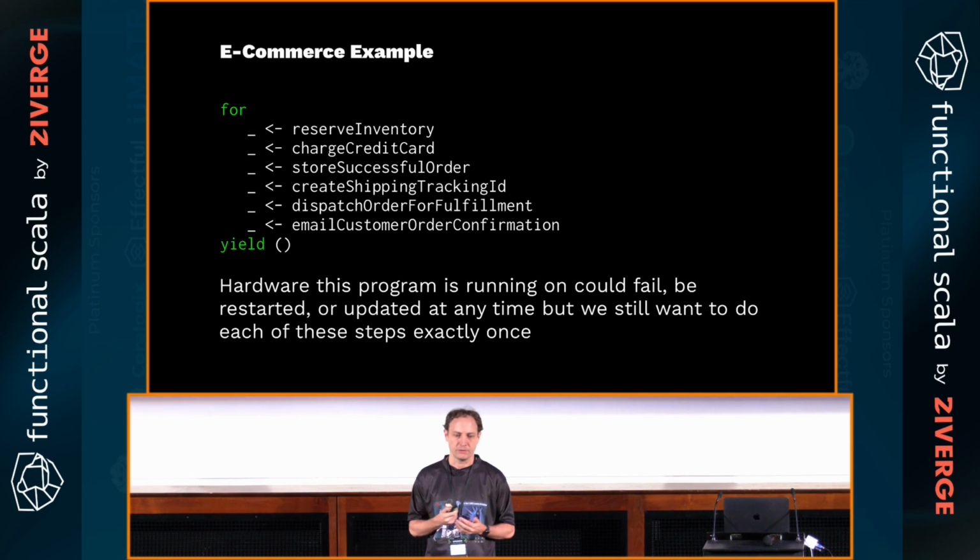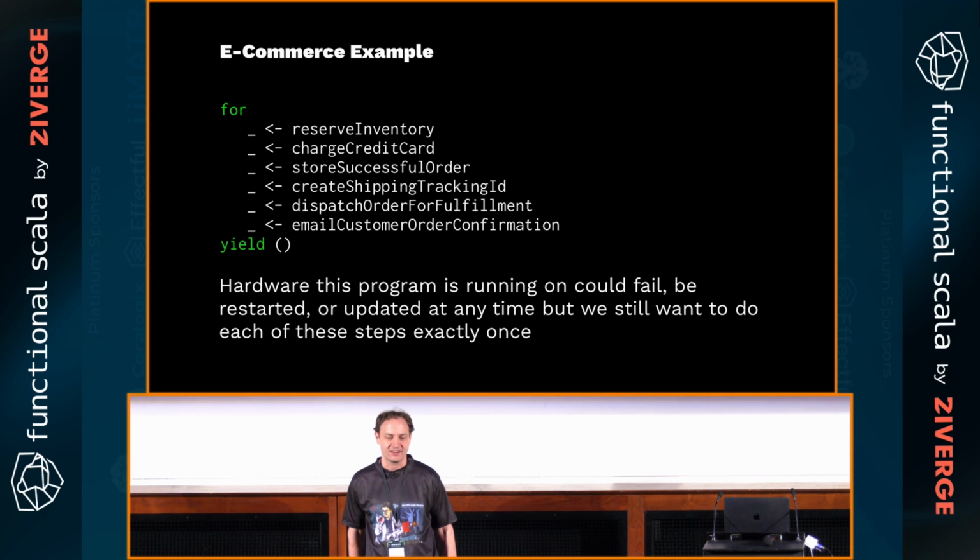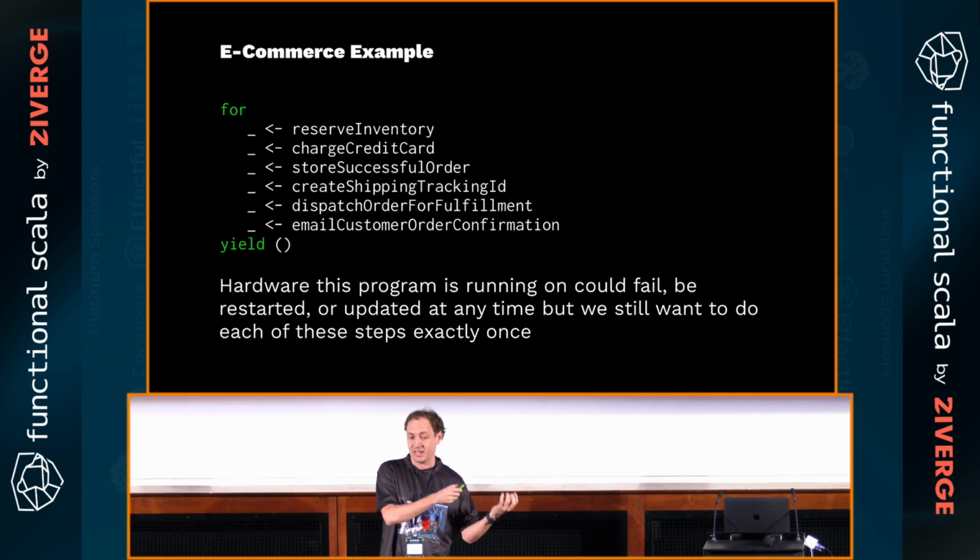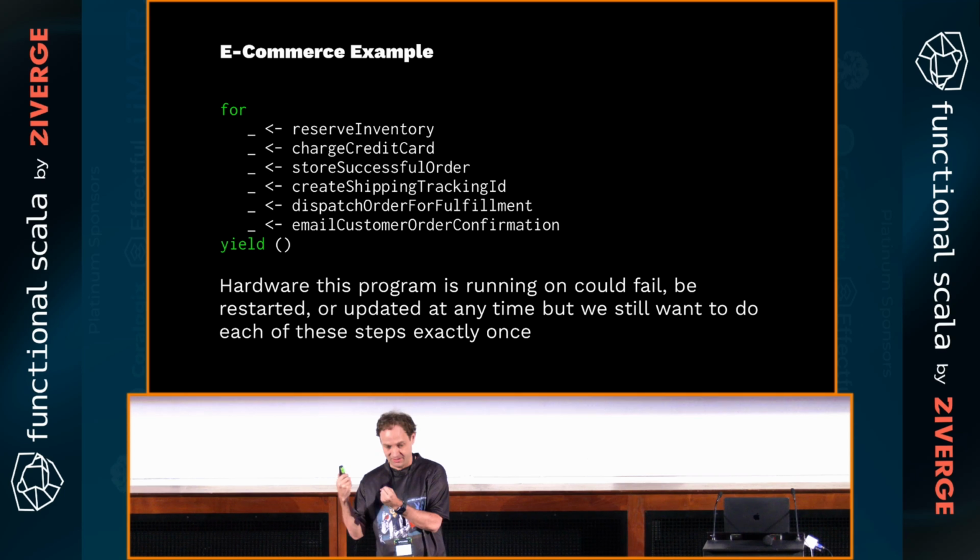So to take a simple example of this, I've got a little e-commerce workflow here. And I've written it as a for comprehension with Scala 3, with all of our braceless syntax here. And it's pretty straightforward, right? We need to reserve some inventory to make sure we actually have this thing. And then if we have it, we need to charge the customer's credit card. And OK, if they actually have the money for us, then we need to say, OK, we got a successful order, and we got to create a shipping tracking ID, and we got to actually give them their product